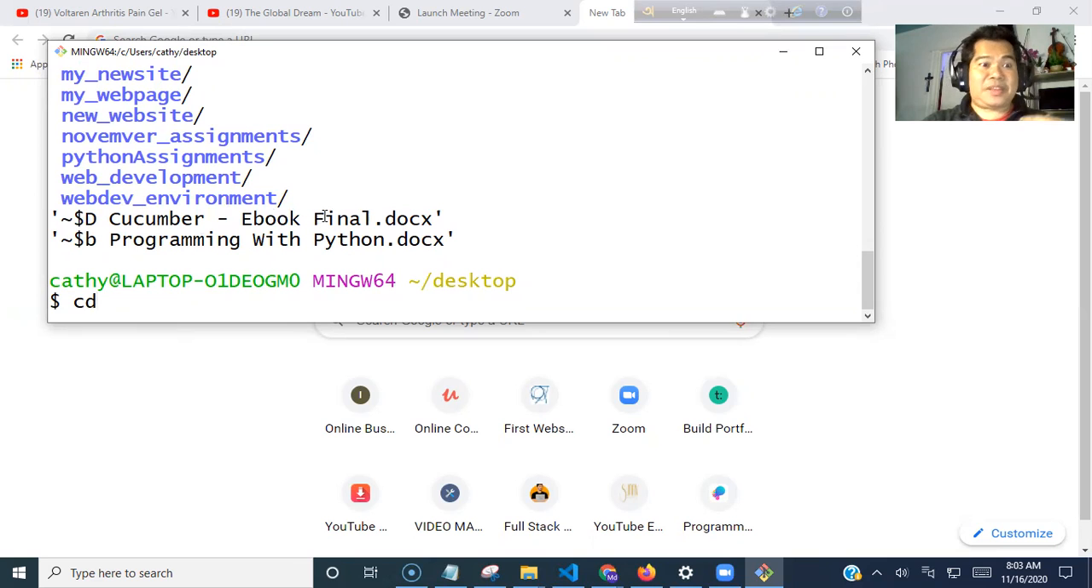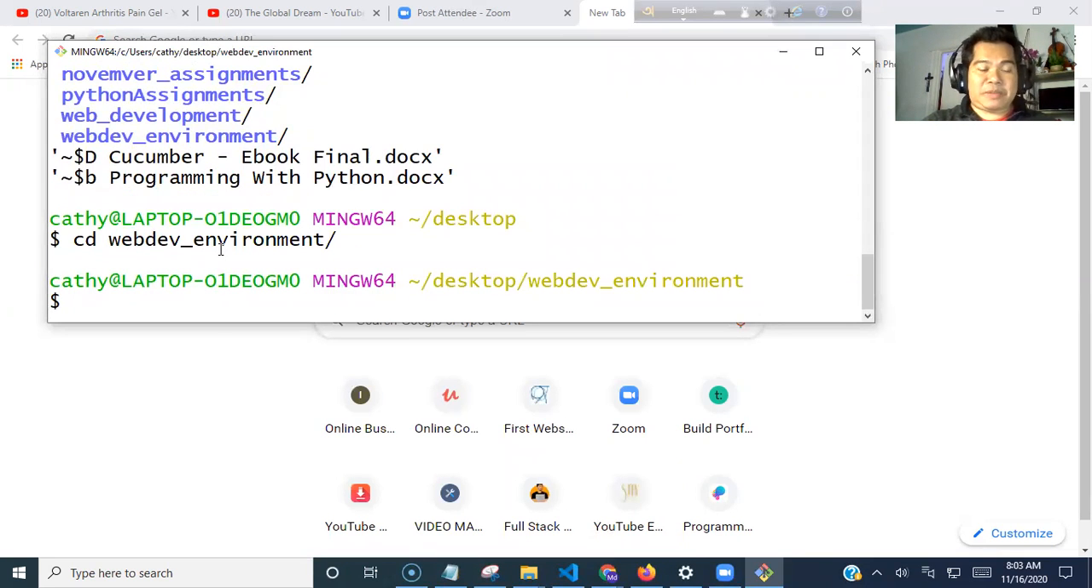I'm telling Git, cd, change directory, space, and I type web dev underscore, then the tab button. Remember, Git Bash is very intelligent software and it can understand what you are going to do. If you just give hints, it can do the rest. I type web dev underscore, press tab, and it understands what I am looking for. Now I am inside the web dev environment and I check what I have inside it. Just type ls